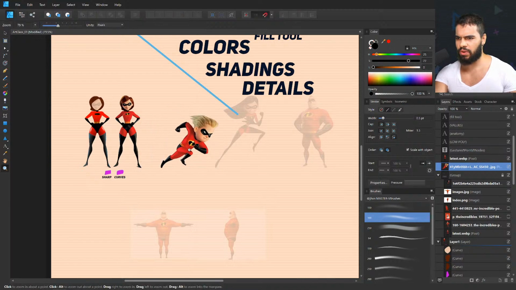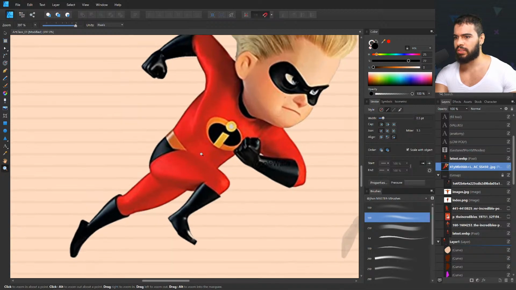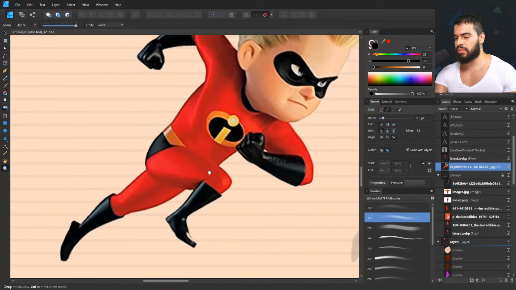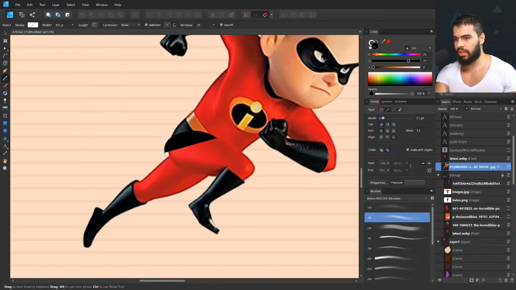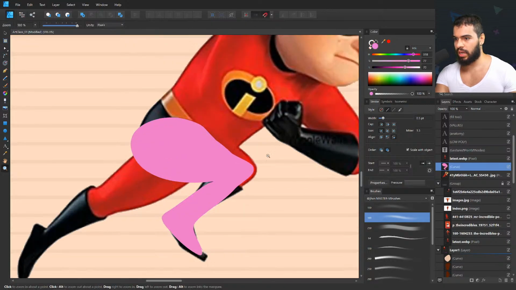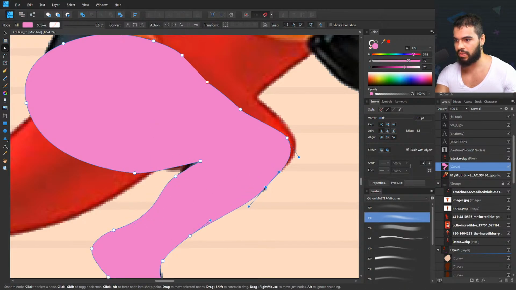I think he's called Flash, right? And what can be tricky in this character, not only the gesture, right? The gesture can be easy, but it's how you layer these stuffs, because we have a layer over here on top of it. Okay, let me change this color to something like this. I did it with the pencil tool, and you can notice that the pencil tool creates a lot of nodes, and then you need to manage to adjust everything. But my case here is just to show you